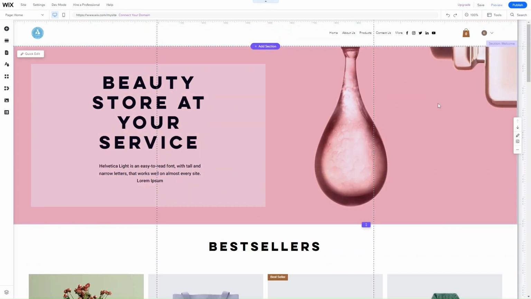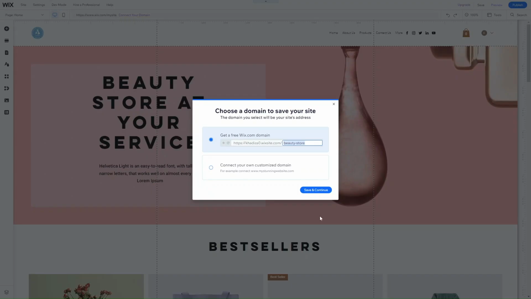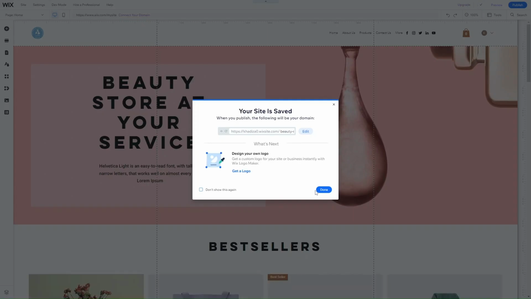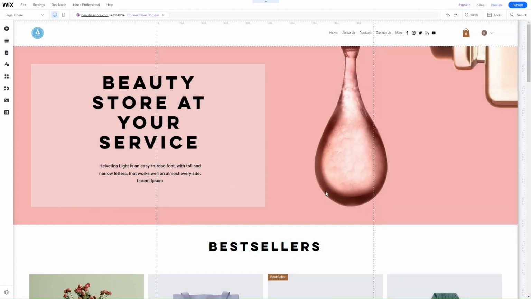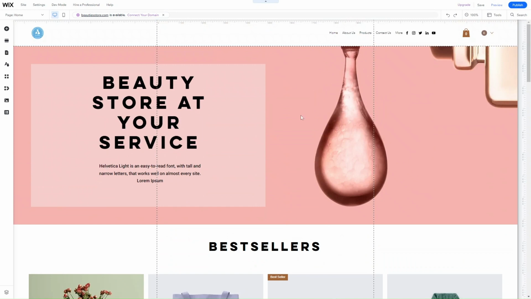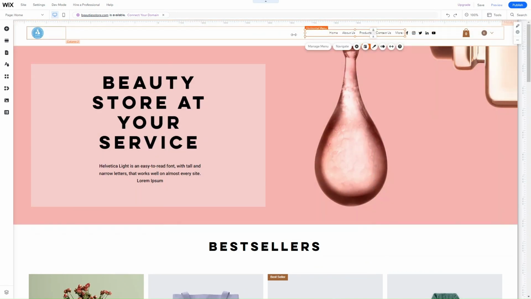Once you're happy with things, what you want to do is click on Save to save your progress. Wix does autosave, but you also want to make sure you keep saving yourself so that it's definitely saved. It might not autosave every single point, but it usually does autosave after every time you make a change. Other things you can do, for example, I want to increase the width of that so you can see the pages more,